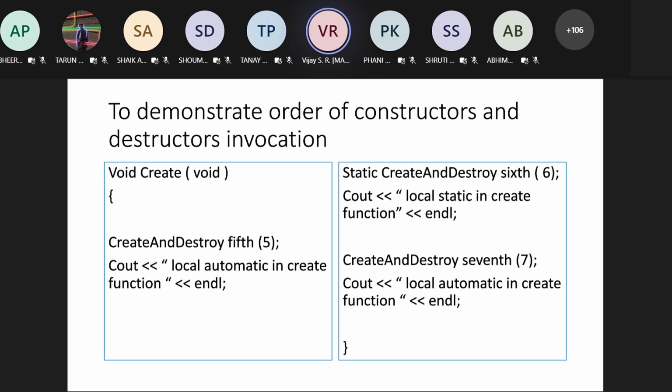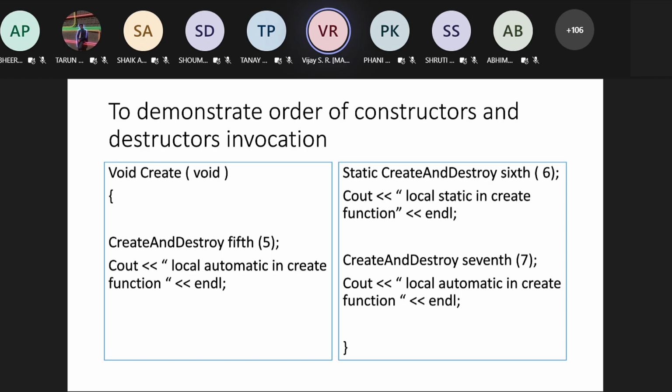Now this is the create code, that is, the function from the previous slide. Inside create, you have done nothing except create another variable, the fifth variable. Of course, this is a local variable now. Then continuing the code here, there is a static local in the create function. The sixth value is a static local to create.